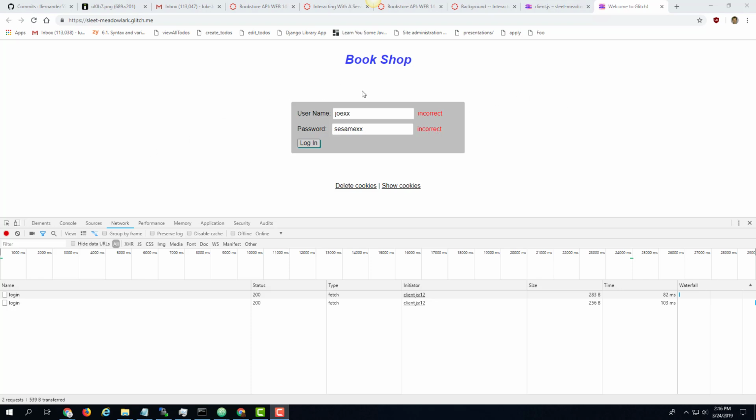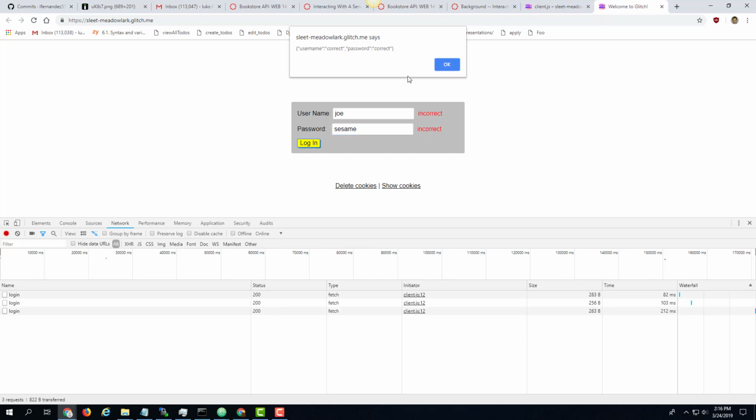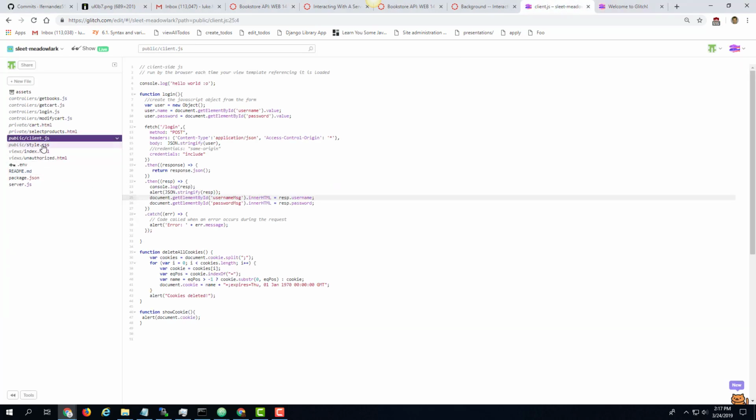So the last thing we needed to do, at least for the login page, is when the right username and password are sent over and the server returns correct, we then actually need to redirect the user, not to this page, but to the page where they can actually select the books. Okay. So effectively, if there's been a successful login, we need to be able to take them from the index page to the select products page. And the way we can do that